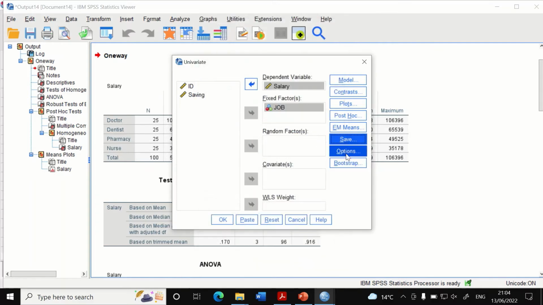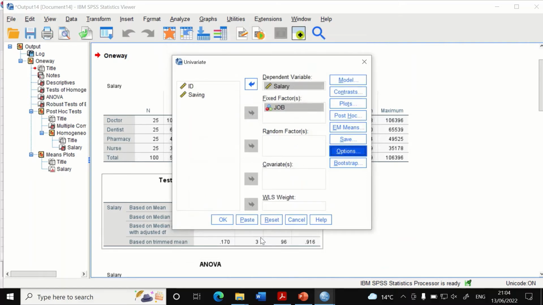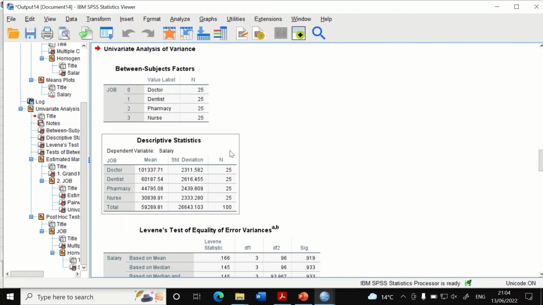Click on Continue. In the options, I'm going to take descriptive statistics, homogeneity test, which is Levene's test, and also estimate of effect size. Click on Continue, and then if I click on OK, the univariate analysis output is somehow similar to what we